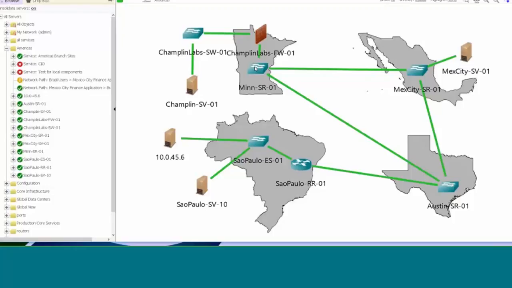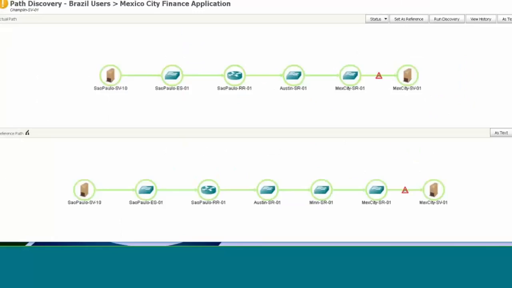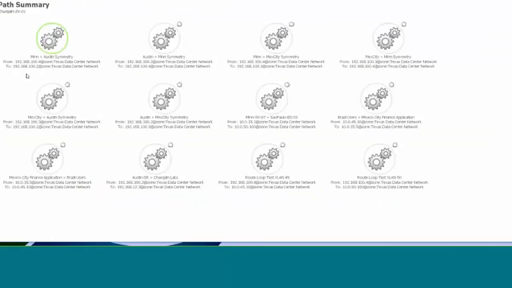Once you find it, you usually find that it's a configuration issue, but it can take you a while to find. And in the midst of that, you're probably seeing a fair number of application performance issues, if not even direct outages. So in my case, let's take a look at the paths that I've got